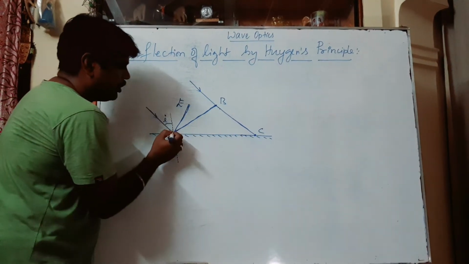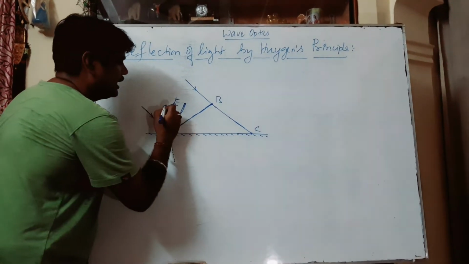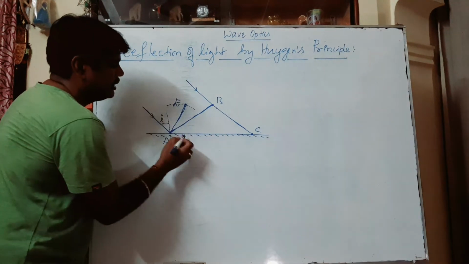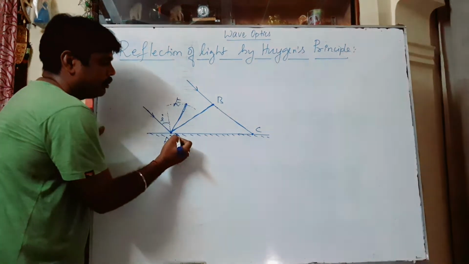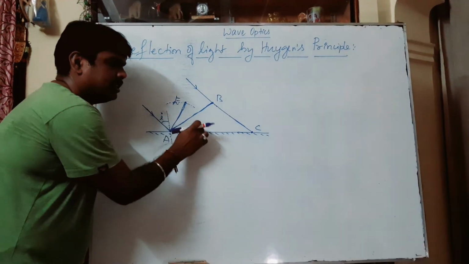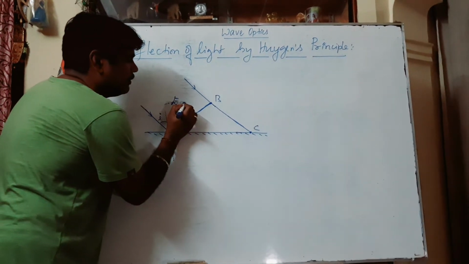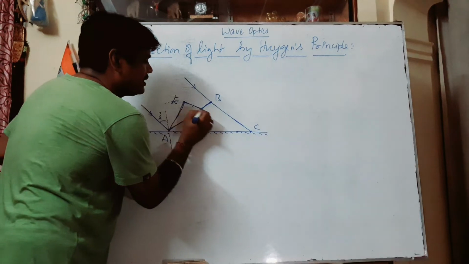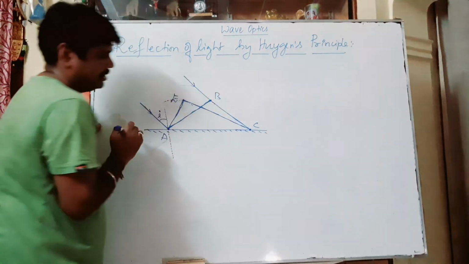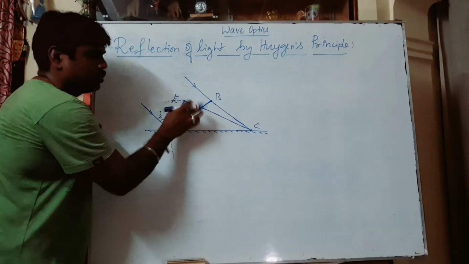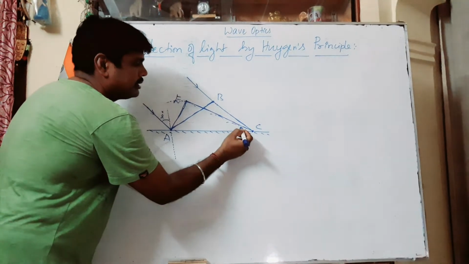Clear? Now if you draw a tangent, the disturbance can travel like this as secondary wavelets, like this, in all the positions of the plane mirror or plane surface. This wave will get incident, causing the disturbance to travel as secondary wavelets. If you draw a tangent to the secondary wavelets, this line I am writing represents the tangent. So tangent, you know that it is the normal to the curved surface. Similarly, you will get different secondary wavelets for all the disturbances.